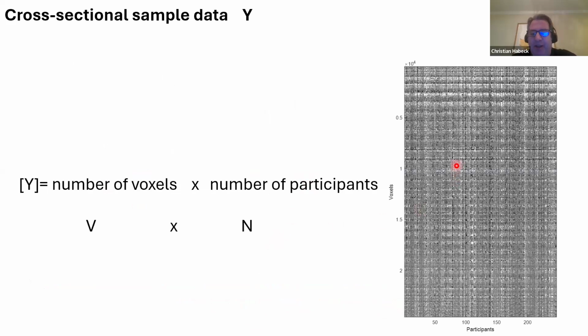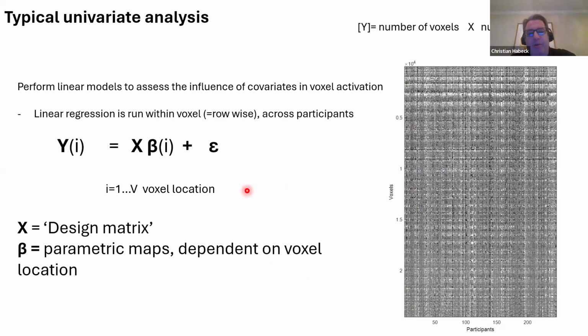If you have a data array, and this is an actual fMRI data array, although the data set was updated since, imagine you have a data array, and these are voxels as rows and participants as columns, right? And usually all the situations I will talk about have many more voxels than participants. So in other words, it's a very rank deficient data array. And usually, just to recall the univariate mode of analysis, you would go row-wise and you would run a design matrix that encodes task effects or even subject performance, something that you're interested in, and you would run